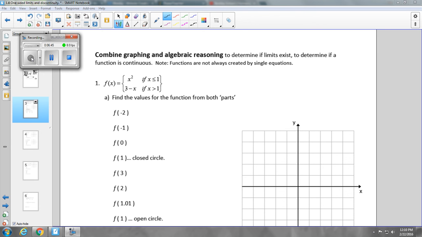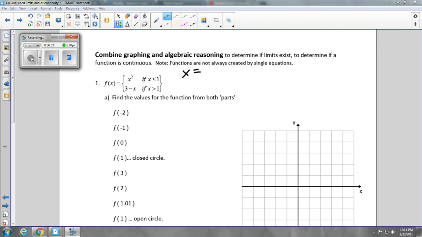If x is less than or equal to 1. So when... That would only be above the x-axis. Yeah, so this is really saying when x is equal to like -2, that would work. When x is equal to -1, when x is equal to 0, and when x is equal to like 1. Those are all times when it would look like x squared. It's going to look like 3 minus x when x is equal to like 3 and x is equal to 2. So all I'm going to do here, so part A, is fill these points in so we can start